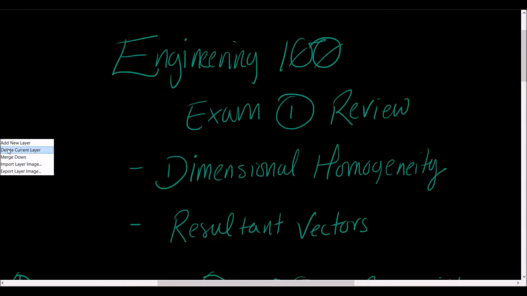So let me delete this. I worked it out in the other layer and just had to make sure that everything was okay. So for this problem, I have an equation. It's basically called the drag equation. It calculates a drag force based on certain parameters. How it goes is drag, which is a force, is equal to C sub D times rho times v squared times A